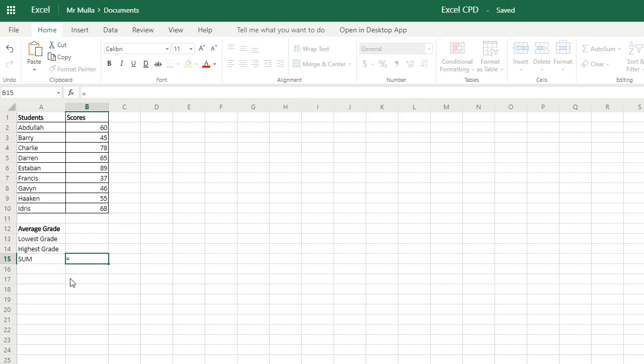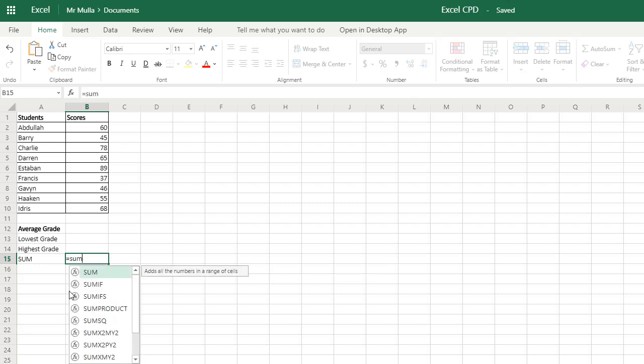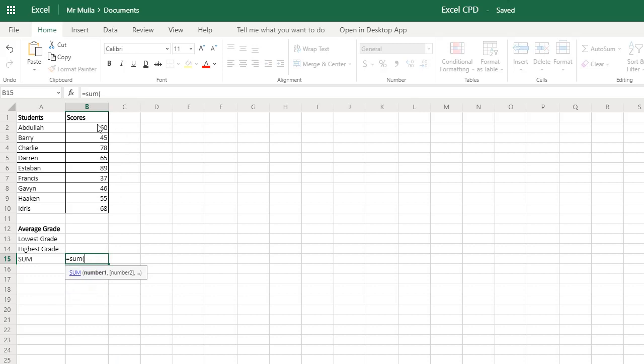again we start by telling the computer that we're going to do a calculation by typing the equals in, and I'm going to type in sum. I'm going to open a bracket. So this time we're not saying one cell plus another cell plus another cell plus another cell, which could take very long with a huge list. We're just saying equals sum, open a bracket, open a parenthesis, and then select the first cell we want to